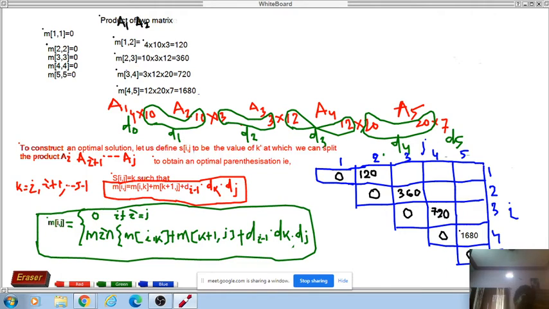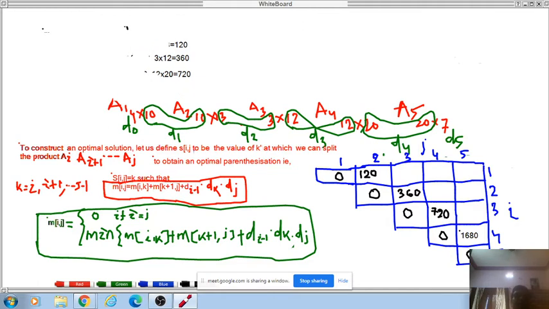Okay. So now I cross the product of the two matrices: 1, 2, then 2, 3, then 3, 4, then 4, 5. Clear? First of all, I did the matrix of 1, 1, meaning one product. Second, I got the matrix of two products. Then I will find the matrix of three products. Why is it 3? Why are we calling it 3 products? I will tell you. Next you will find 1 row, 3 column diagonal. Then it will be 2 row, 4 column. Then it will be 3 row, 5 column.